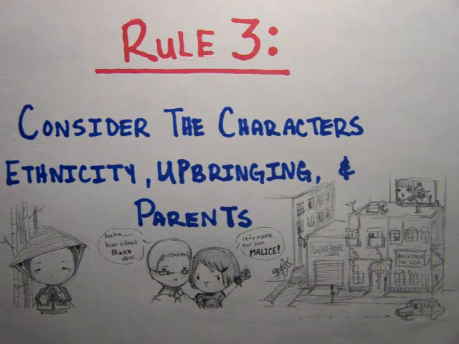Rule 3. Consider the character's ethnicity, upbringing, and parents. Now, continuing on what I said about common names and how they can make the most sense for a character, sometimes a character's ethnicity, upbringing, and parents can be a huge factor in what names they would realistically have. If your character or story has strong ties to their culture or family, then you need to consider how that would affect their names. For example, a name like Galaxy is not something that we would typically hear in today's world. This is because it does not fit within the stereotypical standards of naming, nor does it reflect any sort